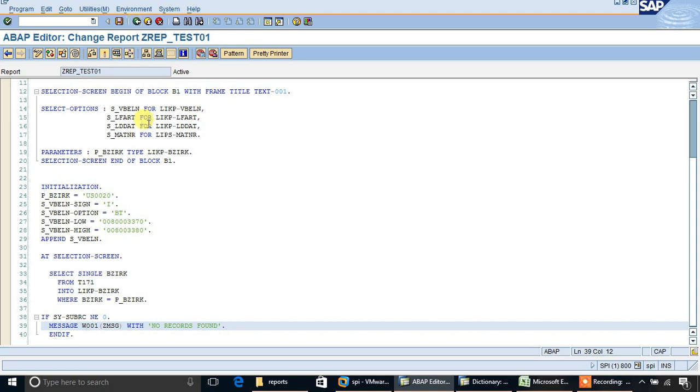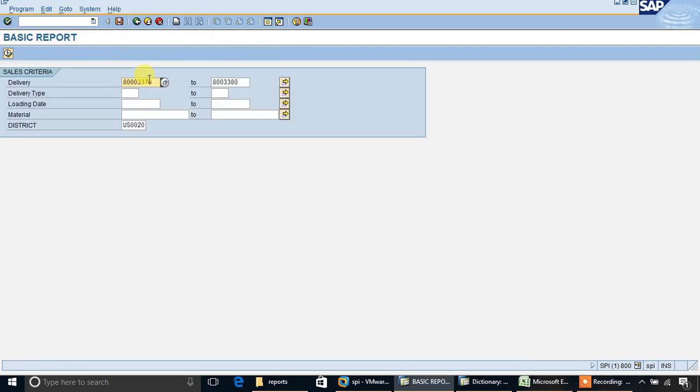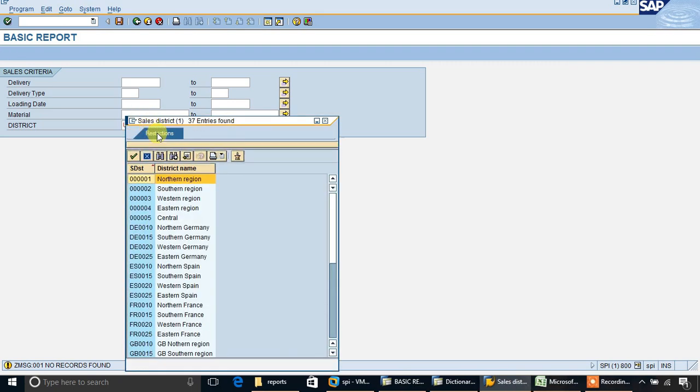What is the difference between a warning message and an error message? Let's see. I choose wrong input here. This is a warning. But I can check my input, means I can edit my input here.